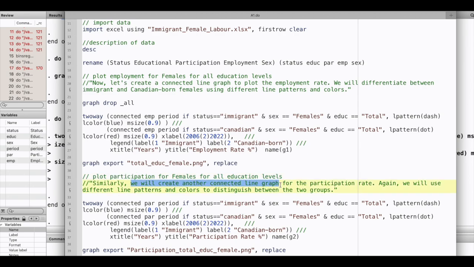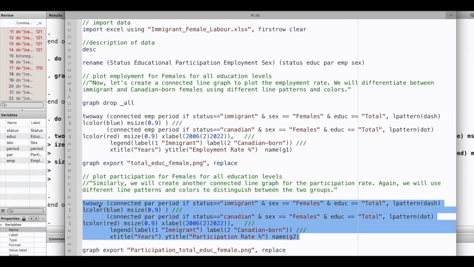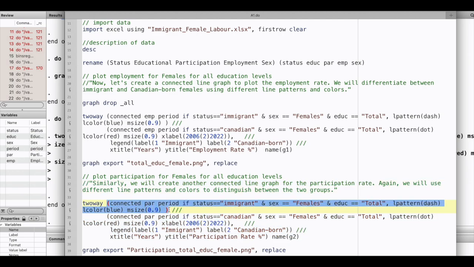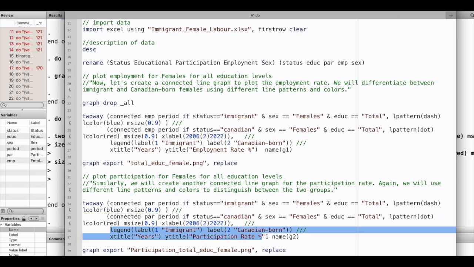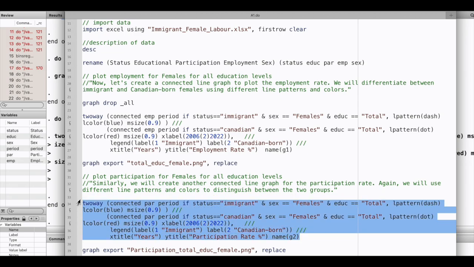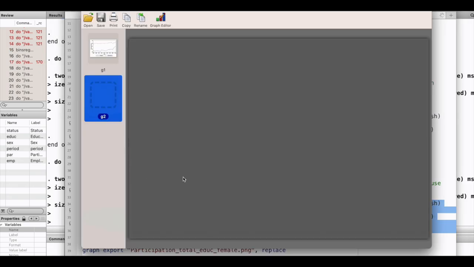And so similarly, we will create another connected line graph for participation rate, and we'll use different line patterns and colors. So it's the same code format. We use a two-way command, and then we wrap in one parentheses the first line graph, and then in the second parentheses the second line graph. In the last line graph command, we are assigning the X label, which is this one here, and then we are giving the legends, X titles, and Y titles, and a name of the graph as G2. You can run this here, and